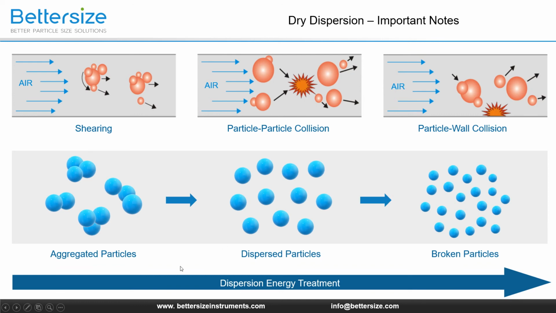With the increase of dispersion energy, the aggregated particles are slowly dispersed until they become a stable particle system, a perfect timing for dry measurement. If more dispersion energy is applied, the particles will be broken, and the measurement result at this time will be smaller than the actual value. All in all, the air pressure is crucial in dry measurement and should be investigated thoroughly when you perform the dry measurements with the Betasizer 2600.